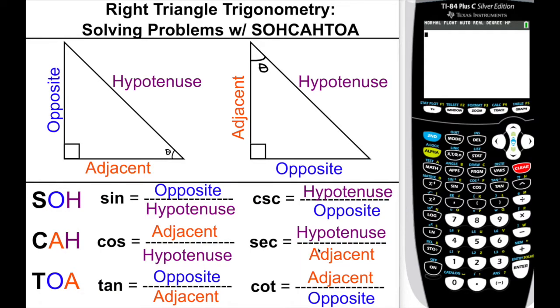This is Mr. Moray coming to you with a video on right triangle trigonometry, solving problems with SOHCAHTOA. So far in this unit, we've jumped in with a little investigation of special right triangles. Those are 30, 60, 90 triangles and 45, 45, 90 triangles. And then we dove in to three important relationships for making sense of right triangles: sine, cosine, and